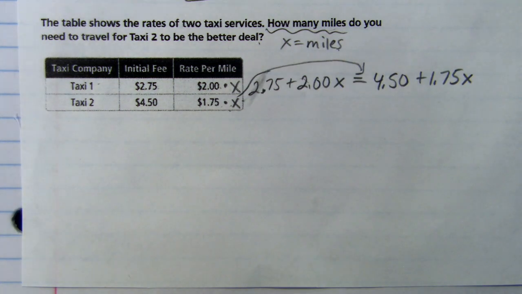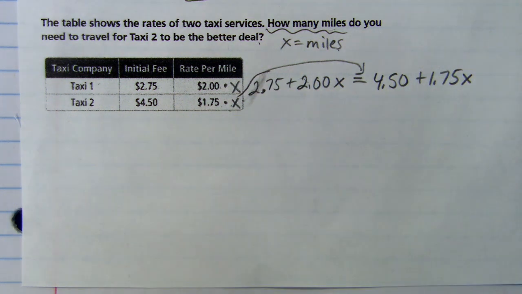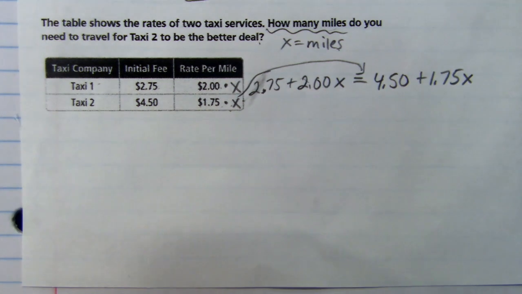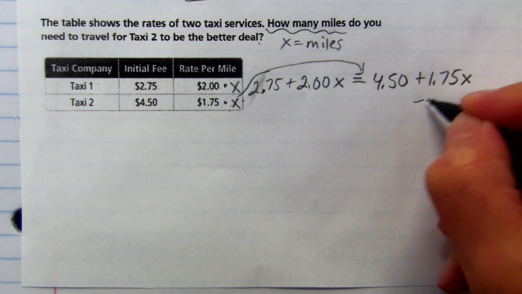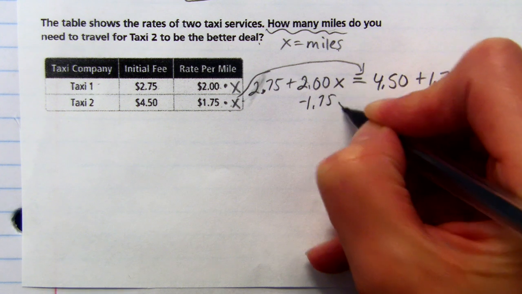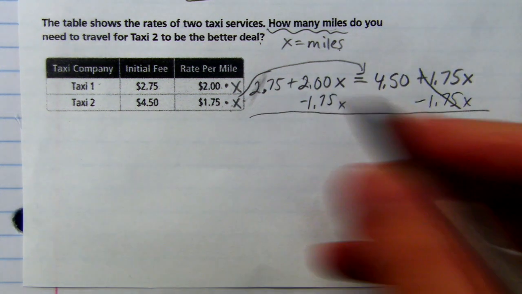Okay, so I'm just going to ask a question. I'm not going to write anything yet. When I have X's on both sides, how do I get them all on one side? You have to subtract or add. So which one are we going to do this time? Probably subtract the 1.75. Yeah, subtract the smaller number. So let's do that. So subtract the $1.75. You could subtract it the other way if you want to keep track of negatives. If you can avoid that, most people, it's better if you